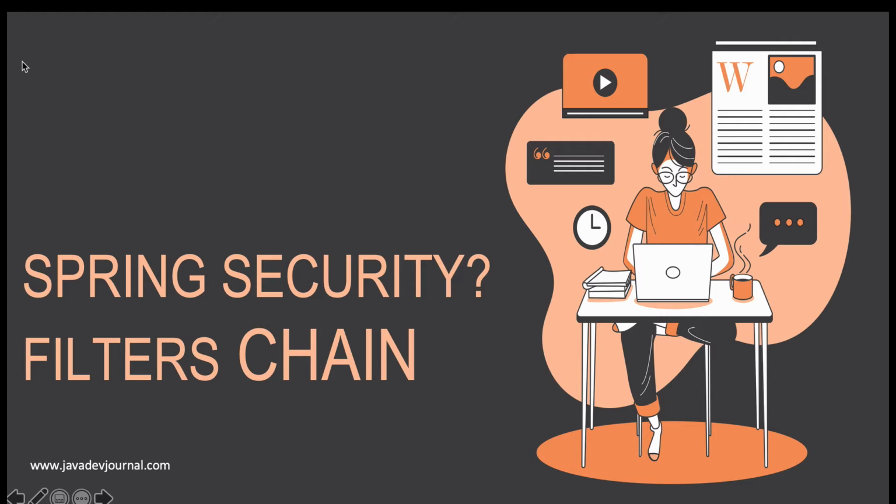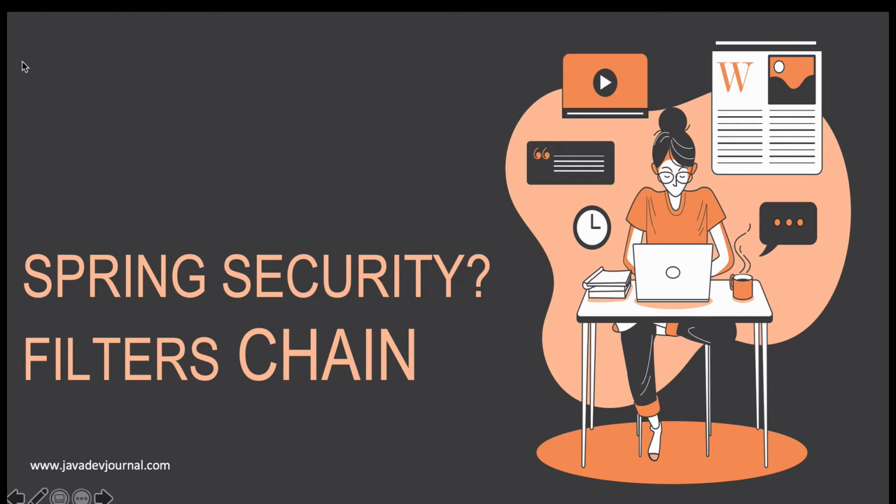So in the first lesson, I gave you a high-level overview of Spring Security, what kind of features it brings into the picture, what all it does for you, and the authentication and authorization process. I'm going to focus more on the web application, and now I want to cover a really critical, core concept of Spring Security.